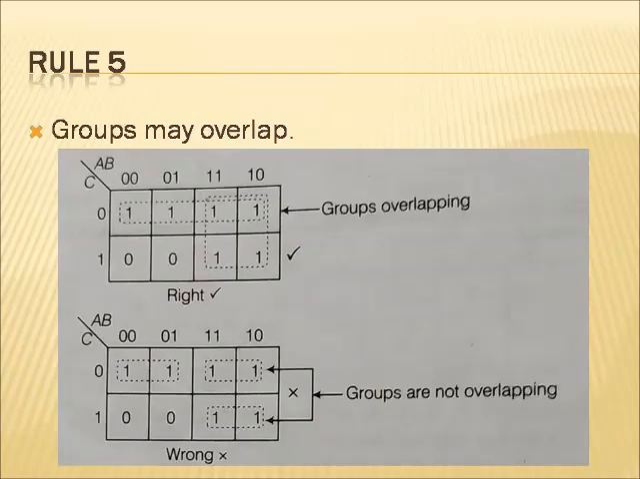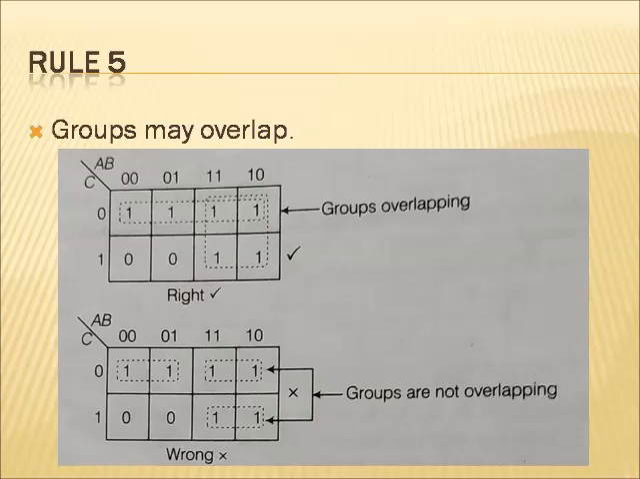Next is rule number 5. Here we can see that rule number 5 is groups may overlap, right? So here you can see 2 images. In the upper one we are forming 2 quads, that is the group of 4 cells. You can see that there is an overlap between the cells. So groups may overlap, that is allowed in the K-map grouping,